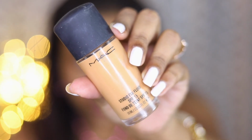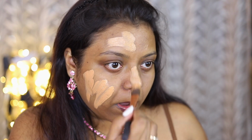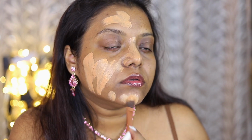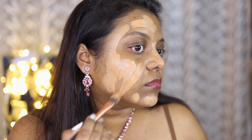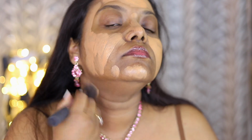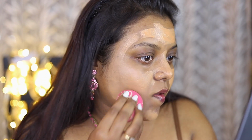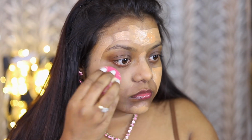So for foundation, I'm gonna use this M.A.C Studio Fix Fluid foundation in the shade NC 43.5, and I'm using a Real Techniques brush to apply this all over my face. This foundation is slightly a tad bit lighter than my skin tone, so once I blend it properly, it's going to look good. And also I'll make sure I drag this foundation a little bit on the neck area, because